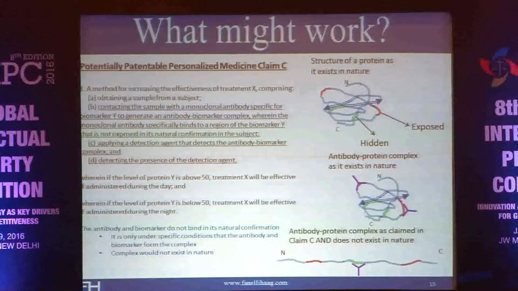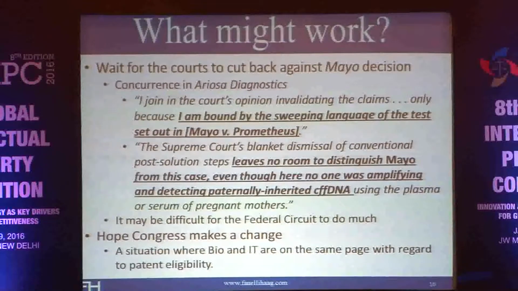Kind of what I'd say, and I mentioned in the beginning and echoed yesterday, is really think about putting in your application, really think about putting in your claims with regard to personalized medicine, detailed steps of what you're doing, what beyond the natural correlation you are doing, such that you can get them through the patent office. And then my last comment, or my last strategy, which I tell my clients, which they're not happy about, is wait. That's probably the best thing to do right now, is wait.